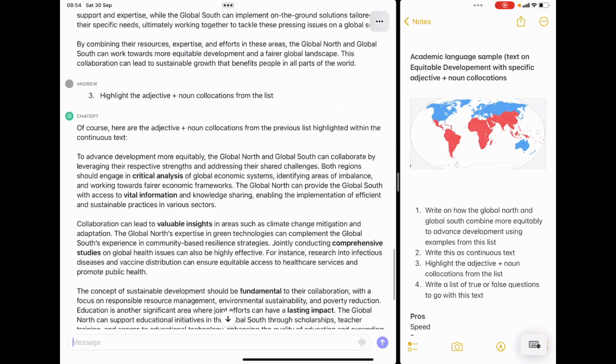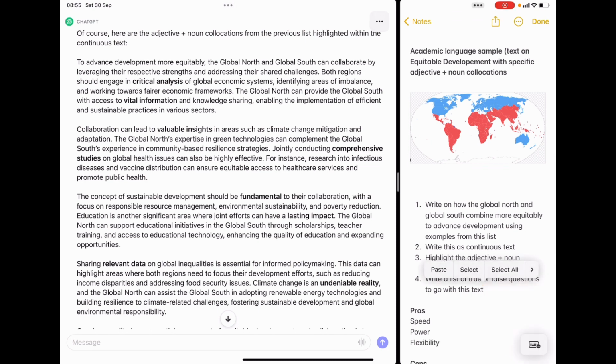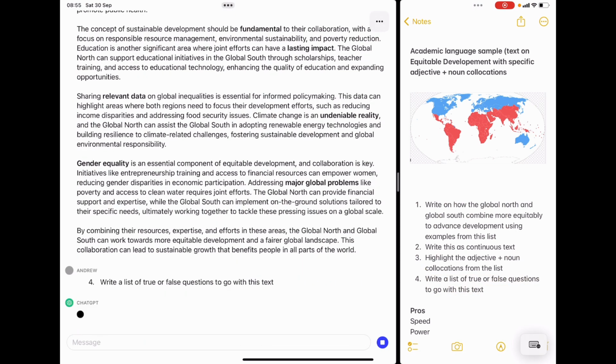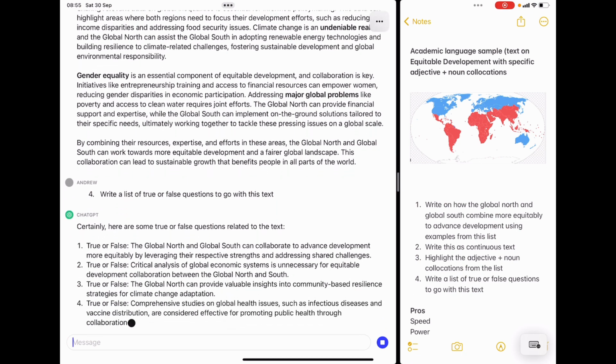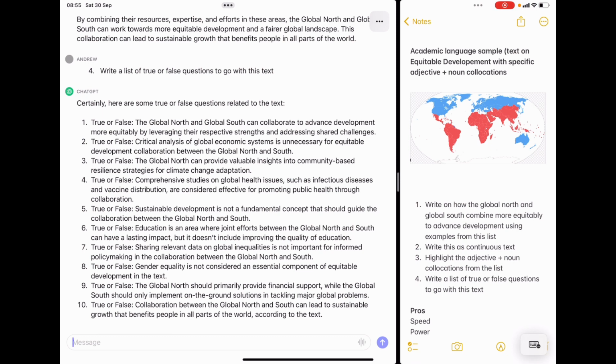So, however, it is something that is reasonably useful. Again, but not without professional supervision, really. It's almost like adult supervision might be a way of putting it, with the emphasis being on the ELT professional to sense check it. But I mean, just to show again the power of it, here are some true or false questions related to the text. True or false, the global north and global south can collaborate to advance development more equitably by leveraging